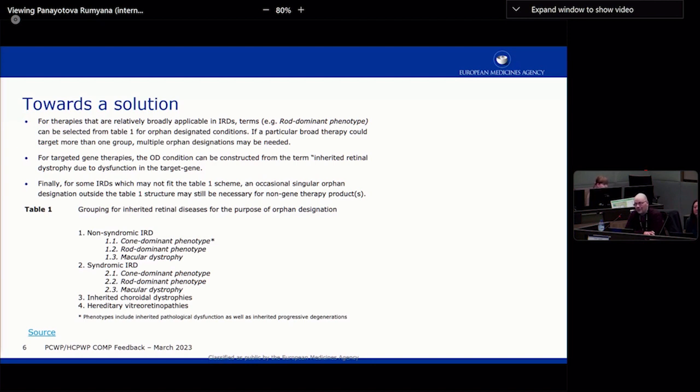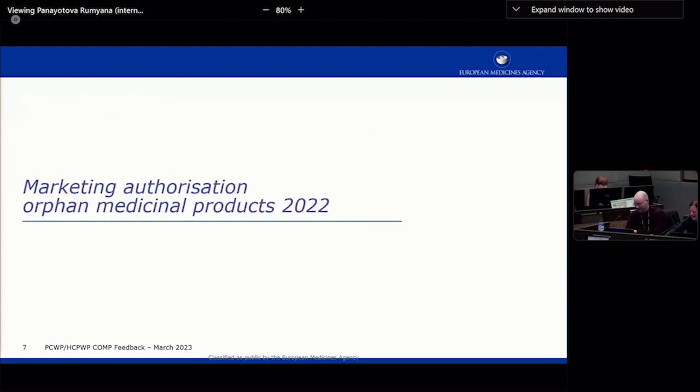And now that we have a template on how we did this, this will also be used by COMP in the future moving forward for a lot of other conditions where we know that they are actually genetic spectrum diseases rather than specific conditions. And we will use this now also to move forward to change a lot of ontologies in the future, I think. So thank you. And then my colleague will take over for the second part.